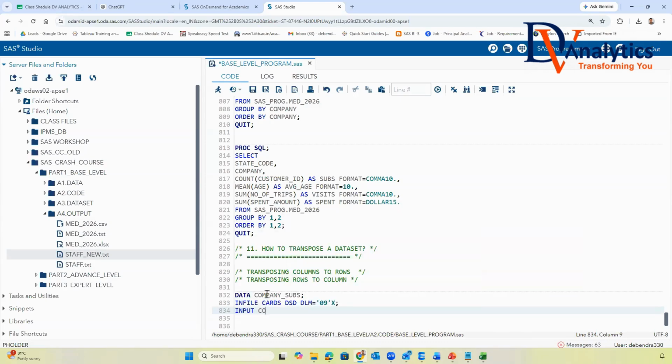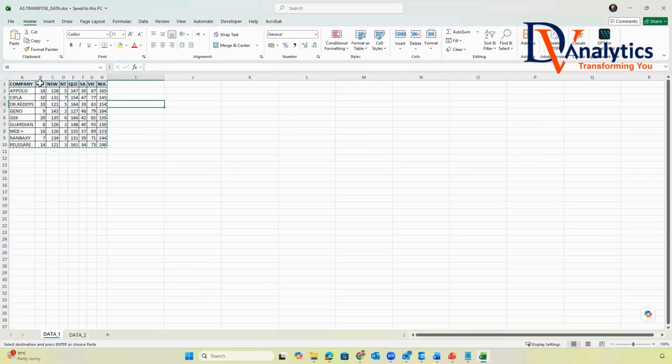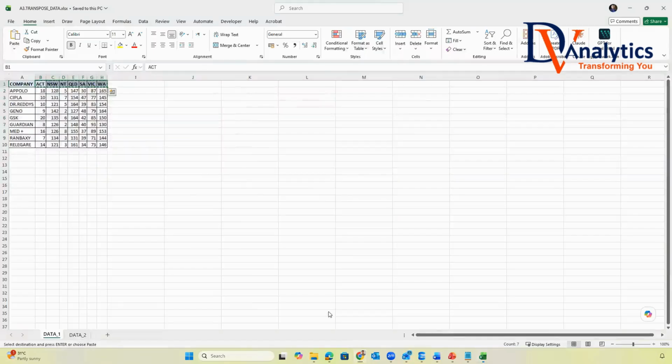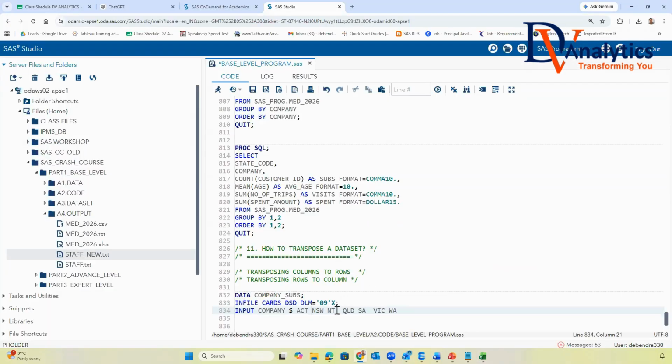Input company as a character, then your state code names, which are these. They are numeric values. Just keep the state code names as they are.